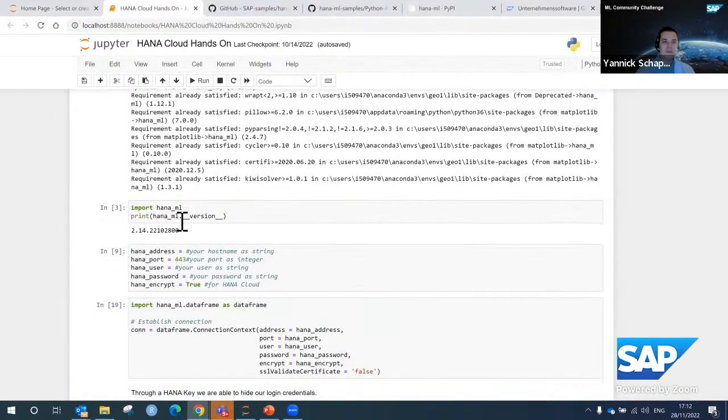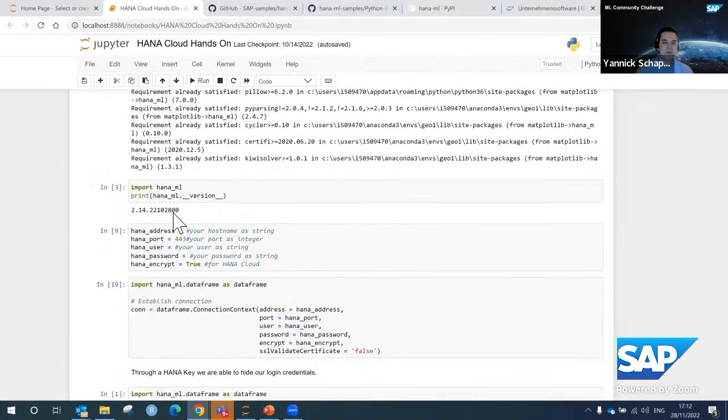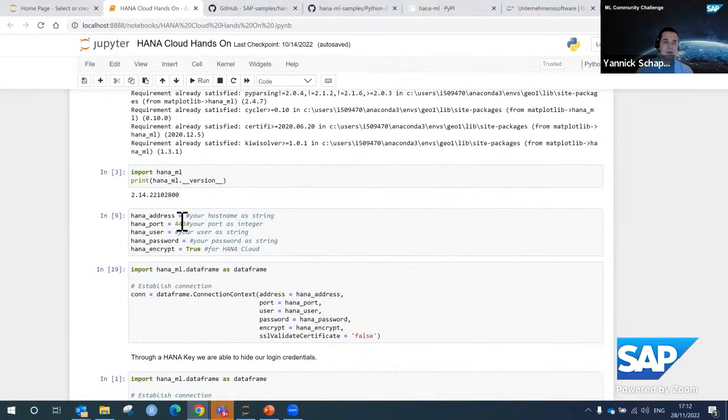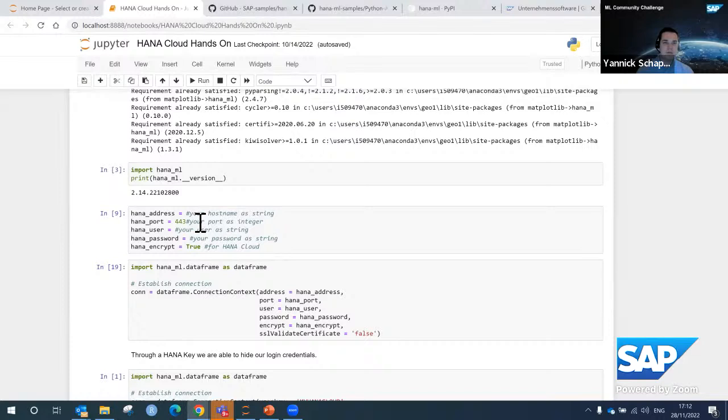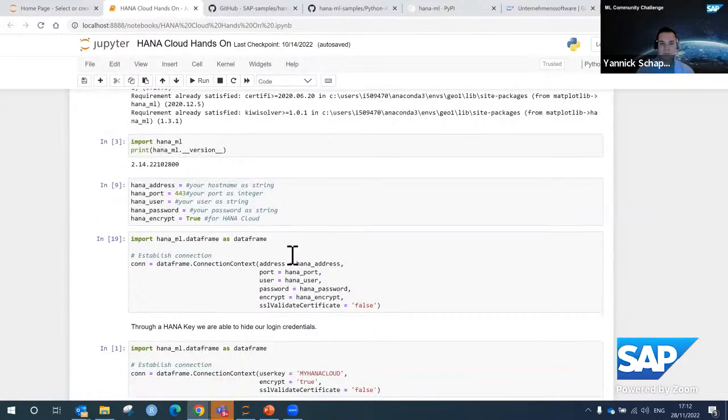And now, of course, the next step is to actually connect to my HANA system. And you have different options to do this. So for the challenge, you might have already tested the connection from your Python environment with one of the scripts in the Git repository. You're able to copy the credentials into the fields and then, of course, test the connection.